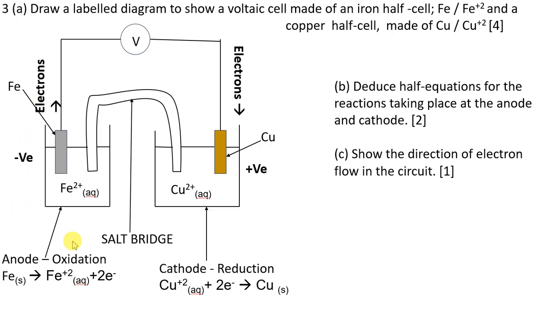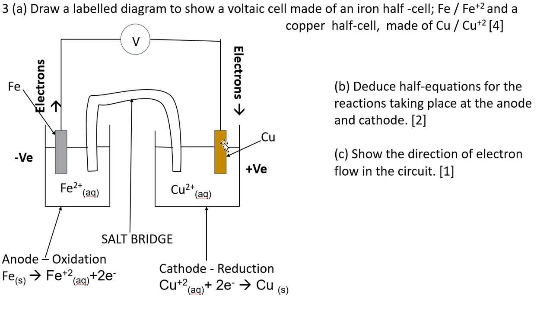First point, I've got my half cell with iron metal in contact with iron ions in solution. Second point, I've got my copper metal in contact with copper ions in solution. I need to have the salt bridge in there. There's my third point. And I need to have connection via an external circuit, which actually is where electricity will